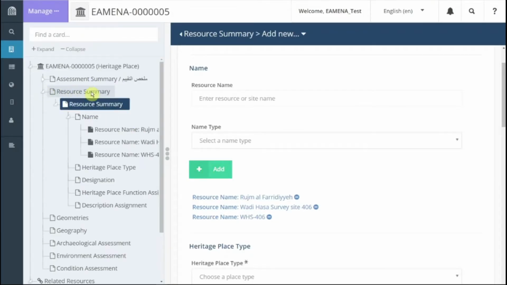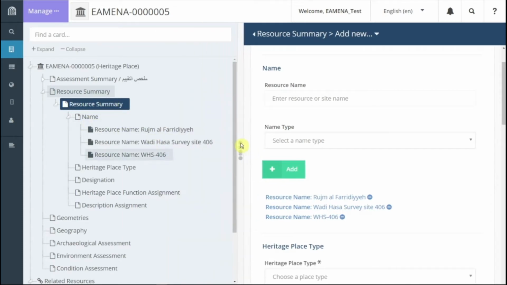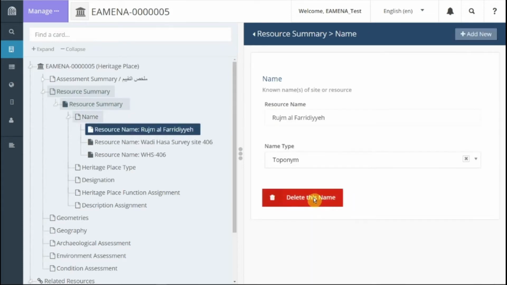You can also see that in the resource summary, in the card name, the names you typed in are now visible. You can cancel or edit them just by clicking on them under the Add button, as you can see, or by clicking on them in the card tree.